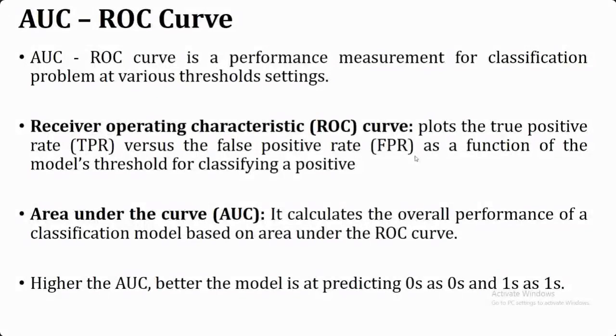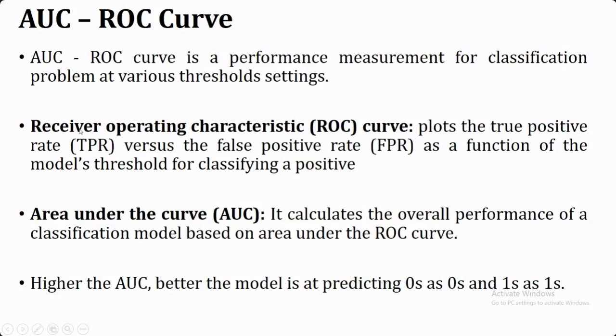So that we have already seen. Next we are going to the area under curve and the ROC curve. In the ROC curve, we are going to plot the values in the form of a curve. In the case of AUC, we are going to quantify the performance based upon how much area is covered by that curve. So these two are linked. Here we are plotting the curve, and whatever area is covered by that curve, we are going to calculate in terms of AUC. So we are going to see both parts.